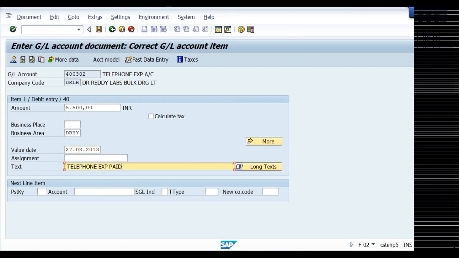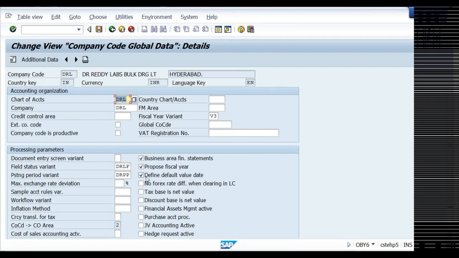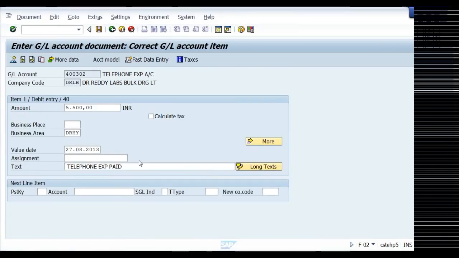The entry will be posted with the old date, but the effect is done with today's date. This is called value date. And also, if you remember, here we have define default value date and propose fiscal year. So define default value date means whatever default value date we have, that will be taken. So today is the value date, the date on which the actual value is going to be affected. So that's why the system shows value date.